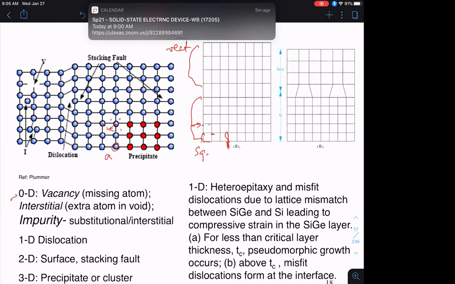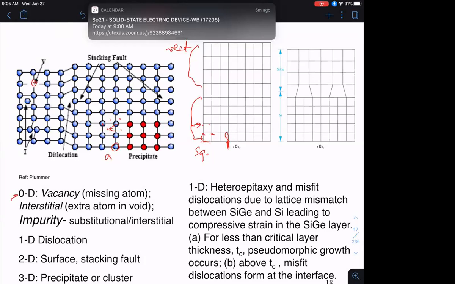So for example, the simplest ones are 0-dimensional or point defects. And the simplest example of that is a missing atom, as shown over here, which is called a vacancy. Okay. And it turns out at a finite temperature, you'll always have a finite number of these vacancy type defects. Okay. So we won't go into the mathematics of that, but from basic thermodynamics, one can prove that you can never have a totally perfect crystal with zero defects at finite temperature, because the atoms are jiggling around because of the thermal energy. A few of them will pop out of their lattice locations,